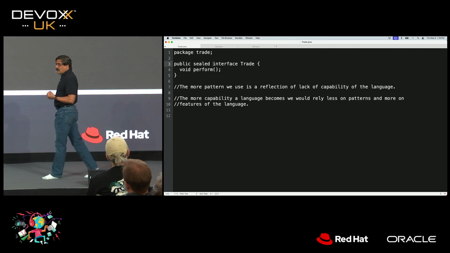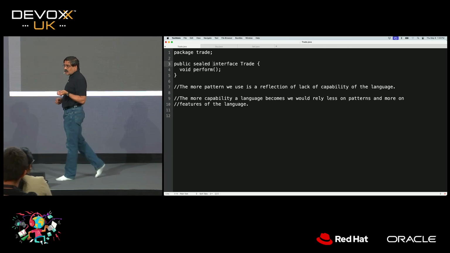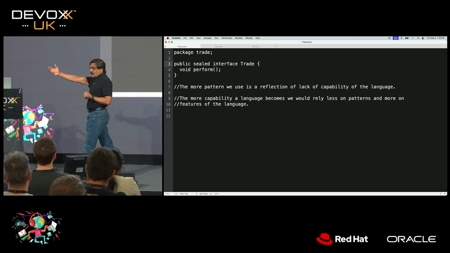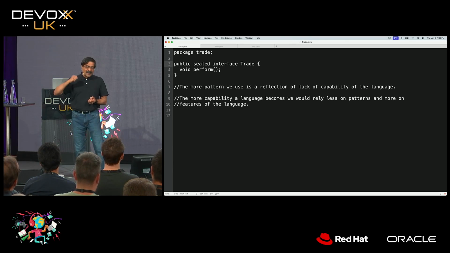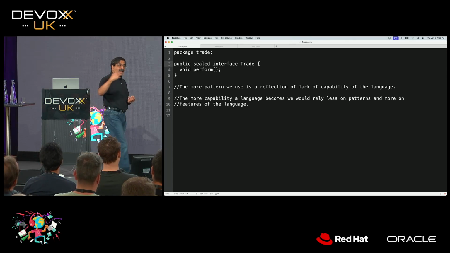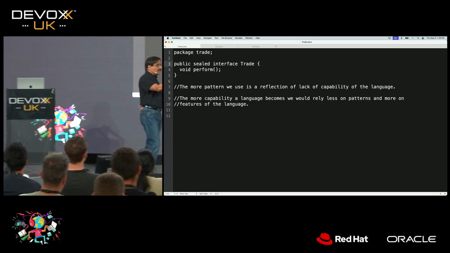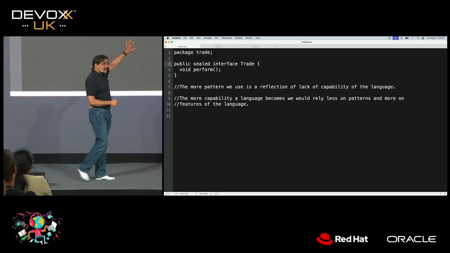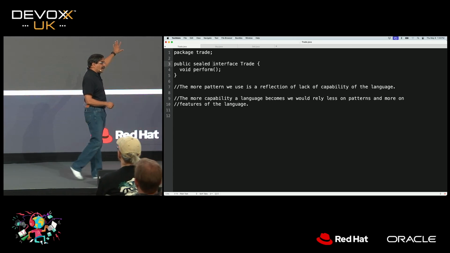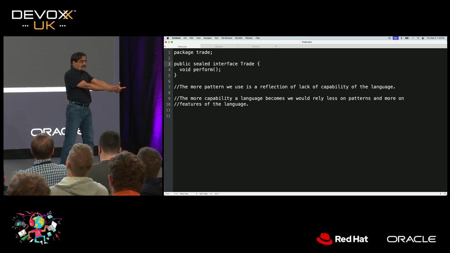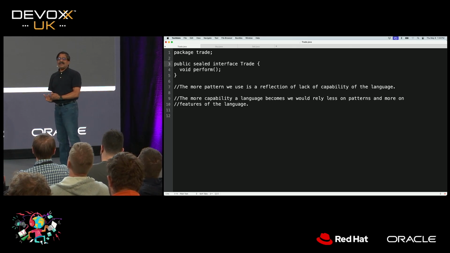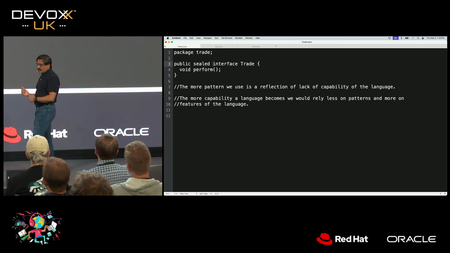So this gives you an ability for you to extend the hierarchy, but users of your code are allowed to only use your classes, but they cannot extend it. They cannot extend from the interface, but they can use the interface. So this library creator has a trade interface. As an external person, I can use the trade interface, but I cannot extend from the trade interface because it's sealed.